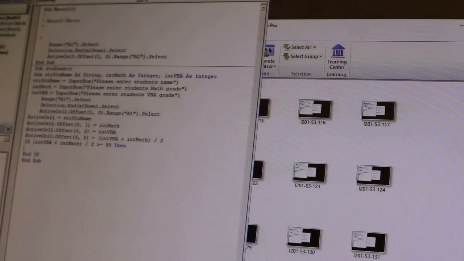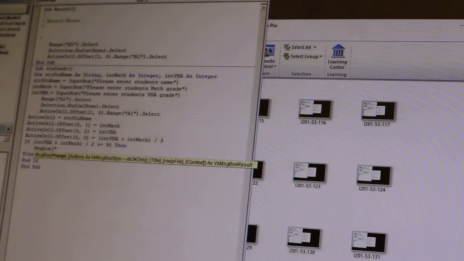Now I know there would be an else. So I put also the else over here. And now, if this happens, then message box. Else,